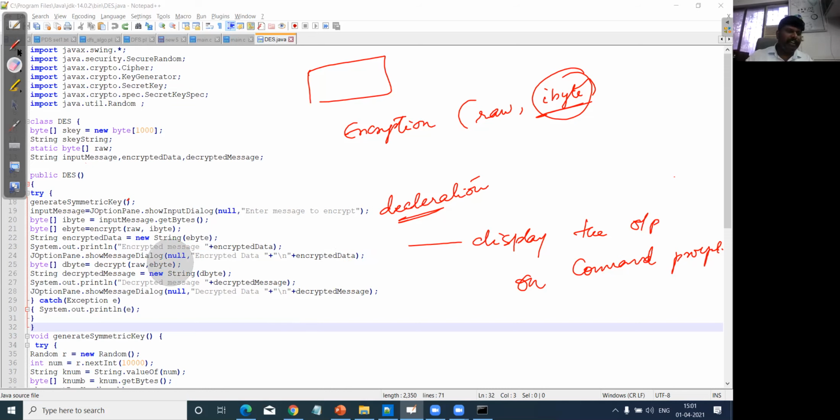Similarly, I'm going to declare another function for the decryption part. Decrypt is a function. This will accept the two values, like the encryption function, which accepts